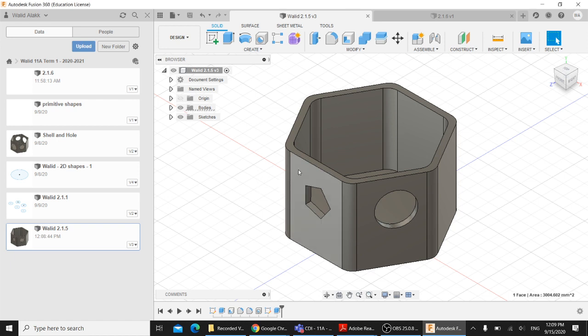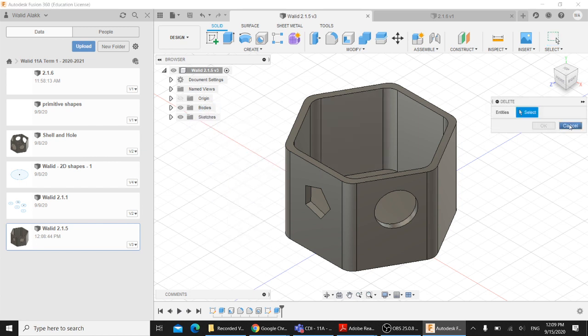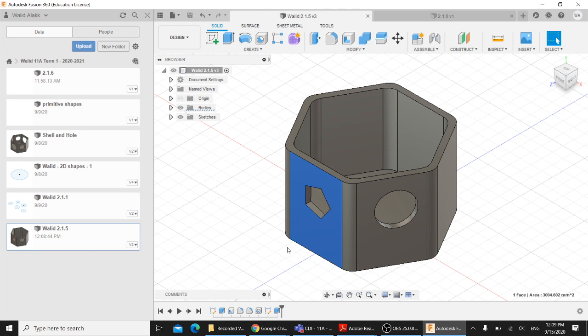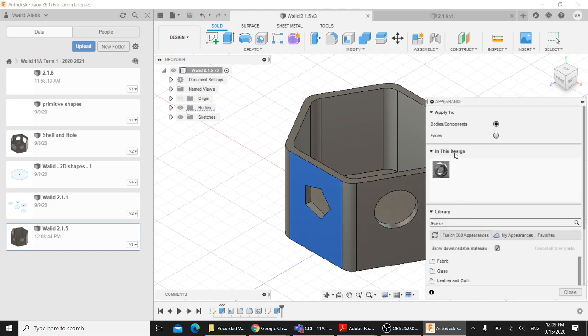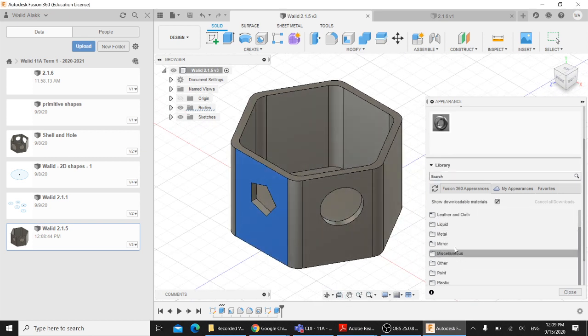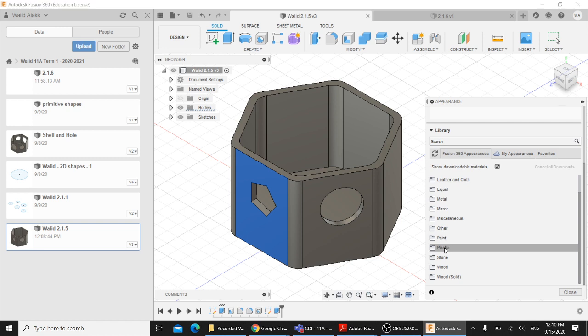So you can select the edge that you want, or simply right click. Right click on the edge that you want to change the color, and you will see that there is appearance over here. Appearance بالعربي يعني مظهر. So if you click on appearance, you will see this palette showing. You can choose from over here. You can see that I want it to look like a liquid, like a metal, like a mirror, like a plastic. Okay, if I press on plastic, for example,